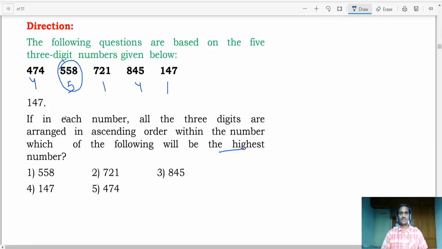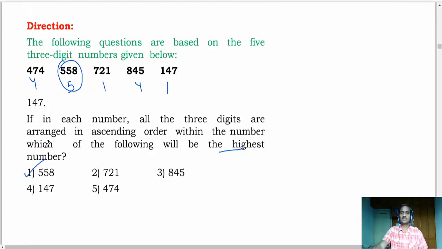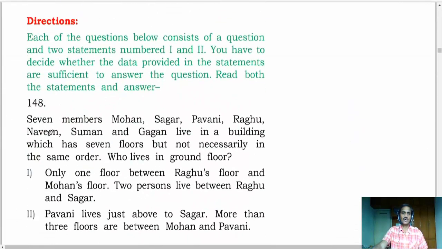558. Okay, which of the following will be the highest number? The highest number is 558, choice 1. For that one, no need to write down the entire number. Then 148. Now in this question number 148,